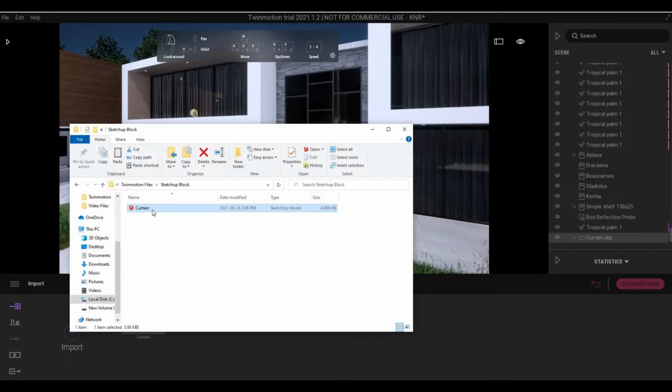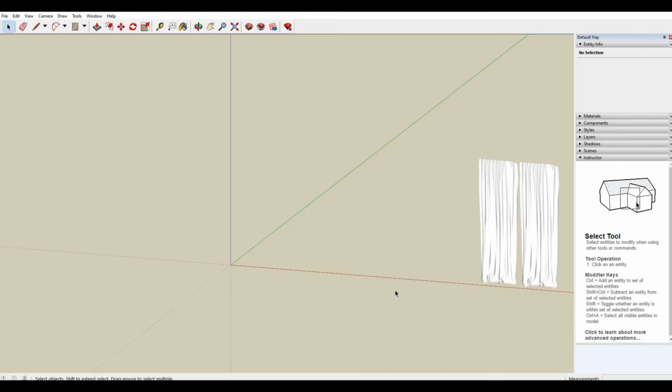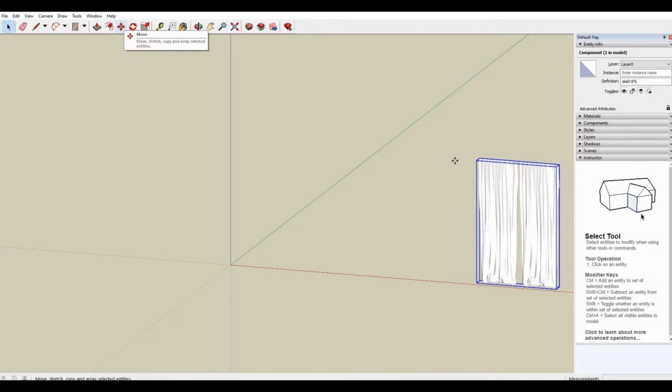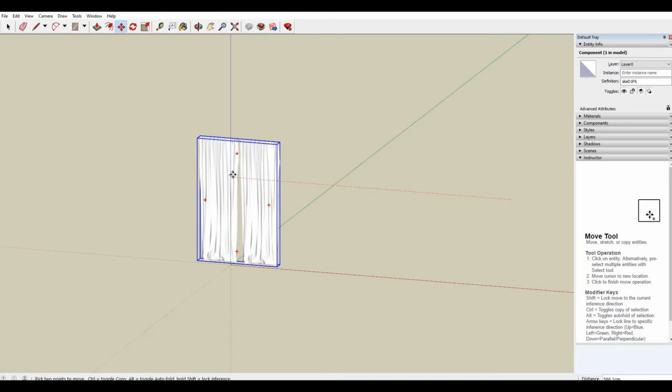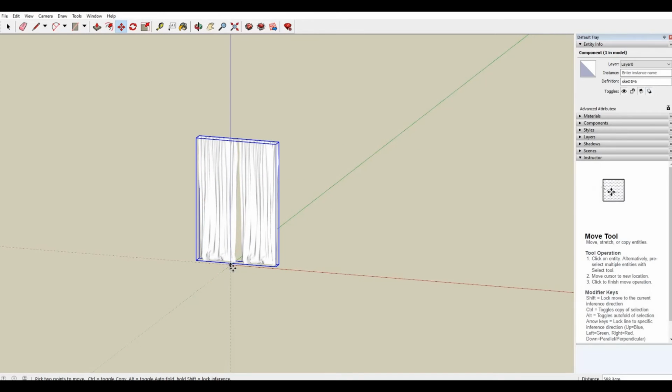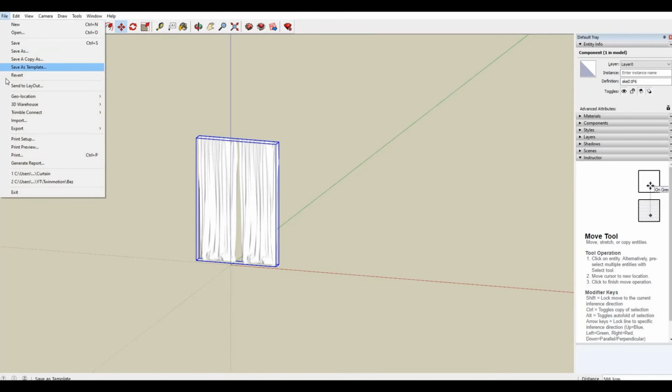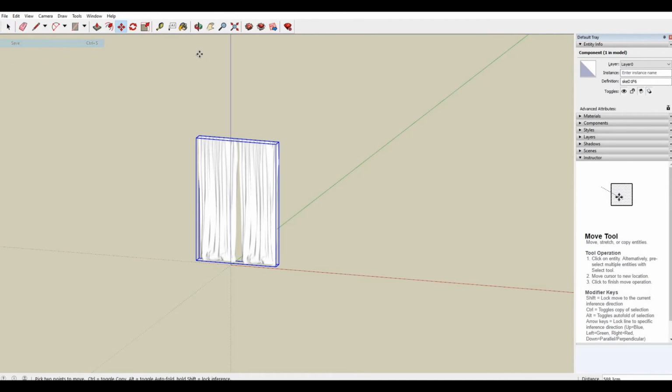the curtain block. As I said, this is a SketchUp block, so I will need to open SketchUp in order to fix this. Once SketchUp is open, you will simply click it and move it to the point of origin or the pivot point, which is this area. Once you do, you simply save it,